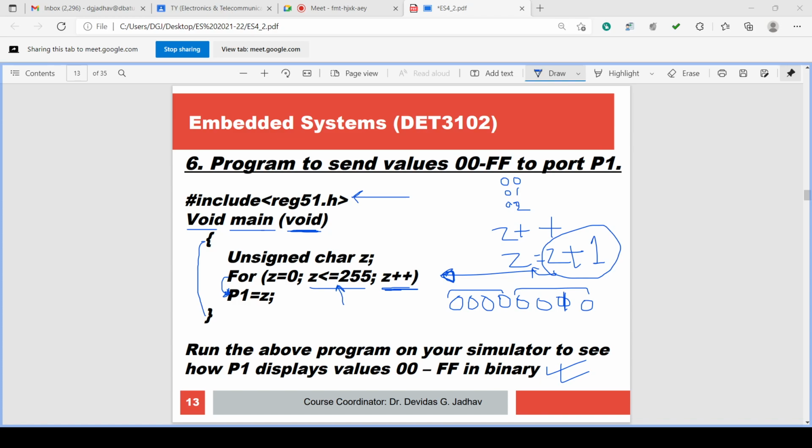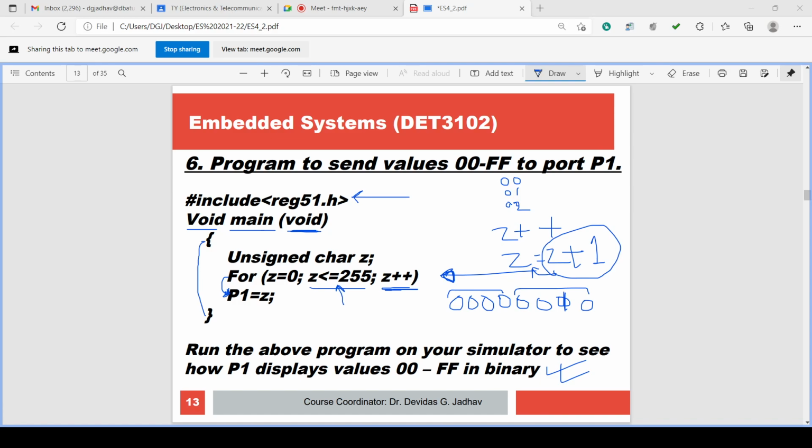It is for sending values starting from 00 hex, and then gradually changing one by one with the increment of 1 each, increasing up to FF.